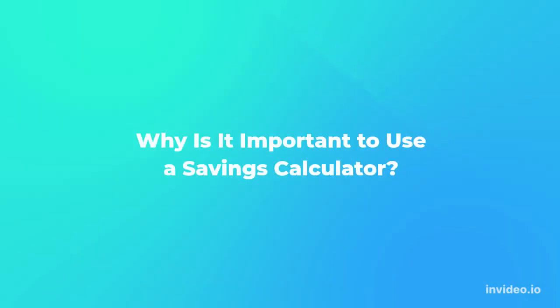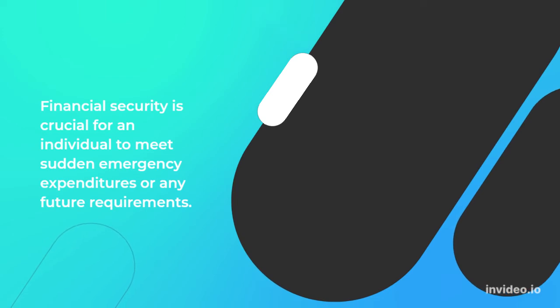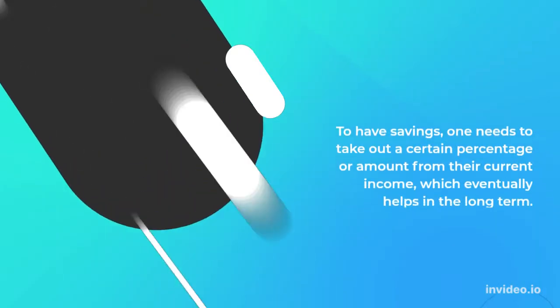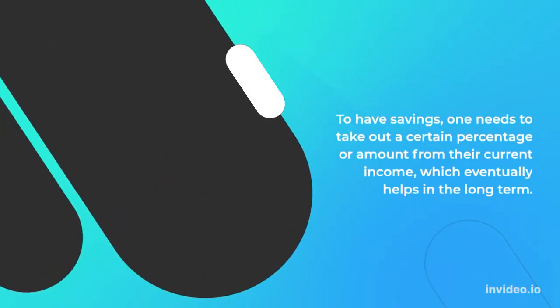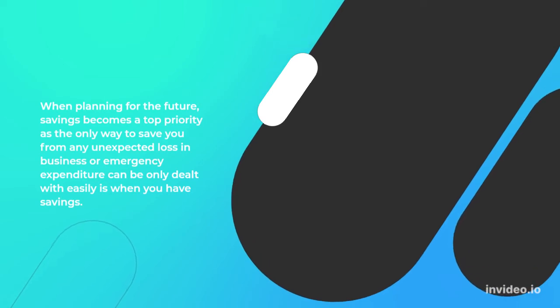Why is it important to use a savings calculator? Financial security is crucial for an individual to meet sudden emergency expenditures or any future requirements. To have savings, one needs to take out a certain percentage or amount from their current income, which eventually helps in the long term. When planning for the future, savings becomes a top priority as the only way to save